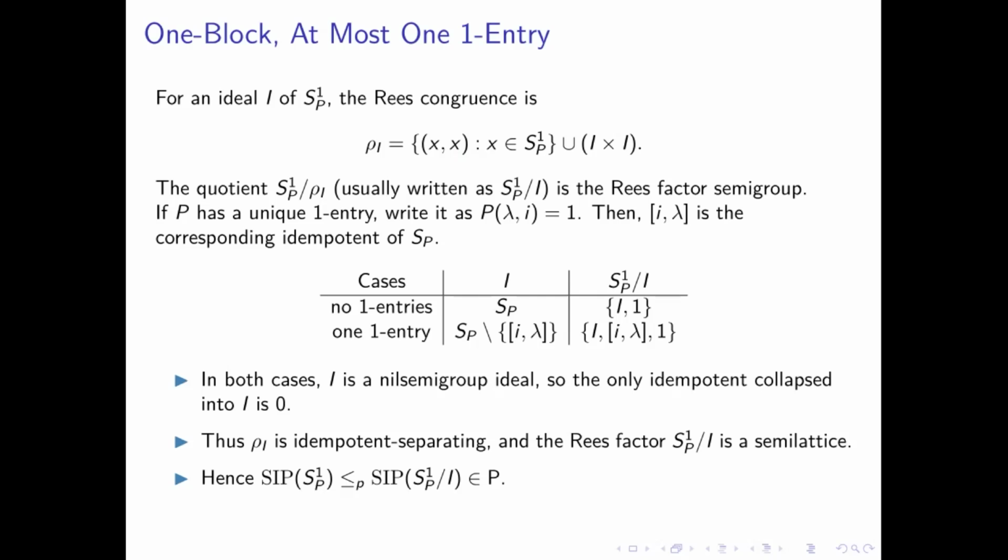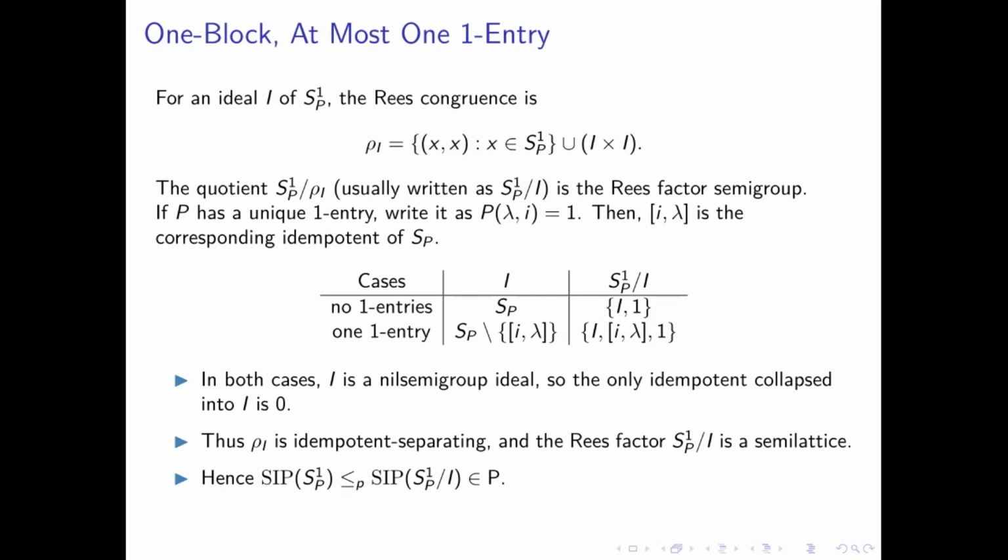The quotient with this relation, usually written as the quotient by I, the ideal, is a Rees factor semigroup. And if P has a unique one entry, we write it as P of lambda i equals 1, then i lambda is the corresponding idempotent in the